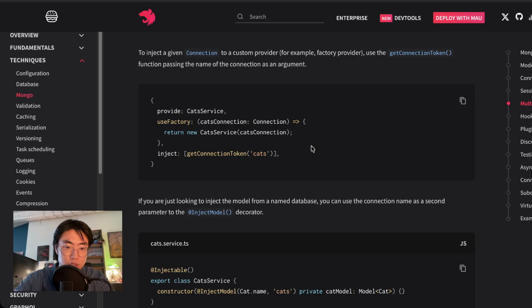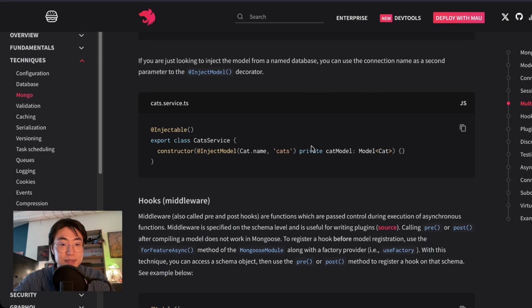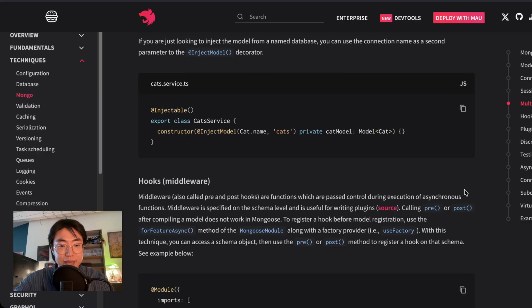If you're just looking to inject the model from a named database, you can use the connection name as a second parameter to the InjectModel decorator. In cats.service.ts, export class CatsService { constructor(@InjectModel(Cat.name, 'cats') private catModel: Model<Cat>) {} }